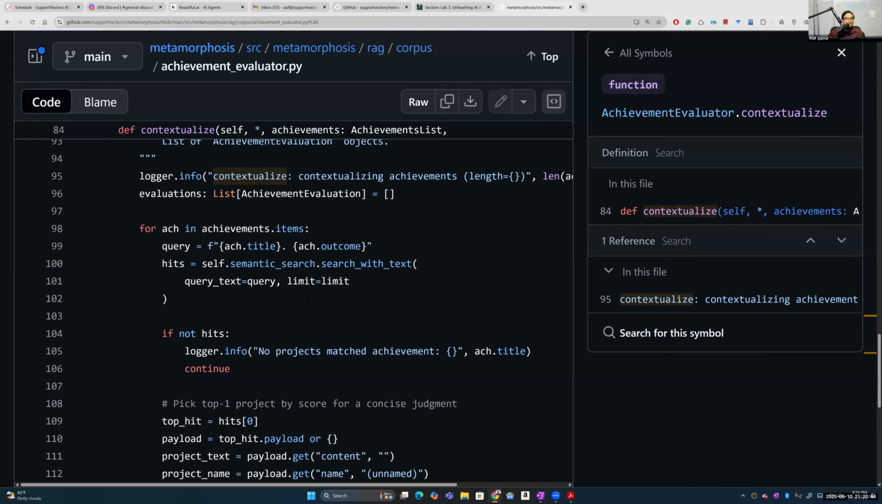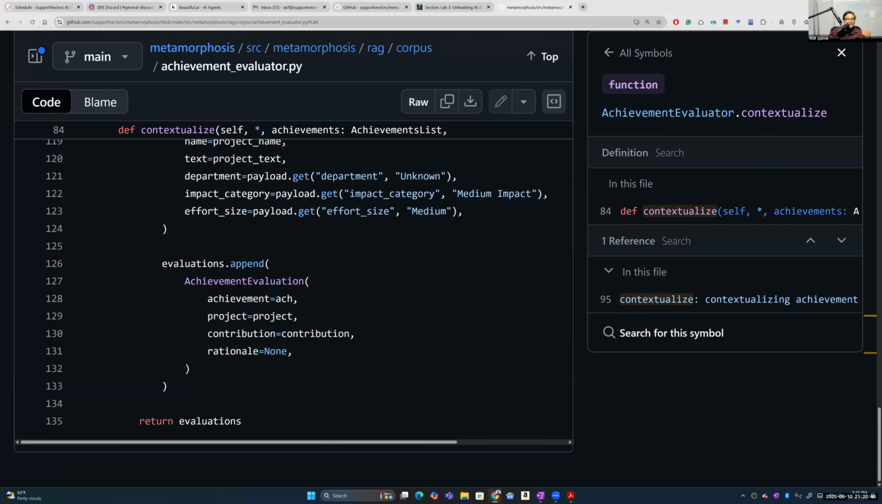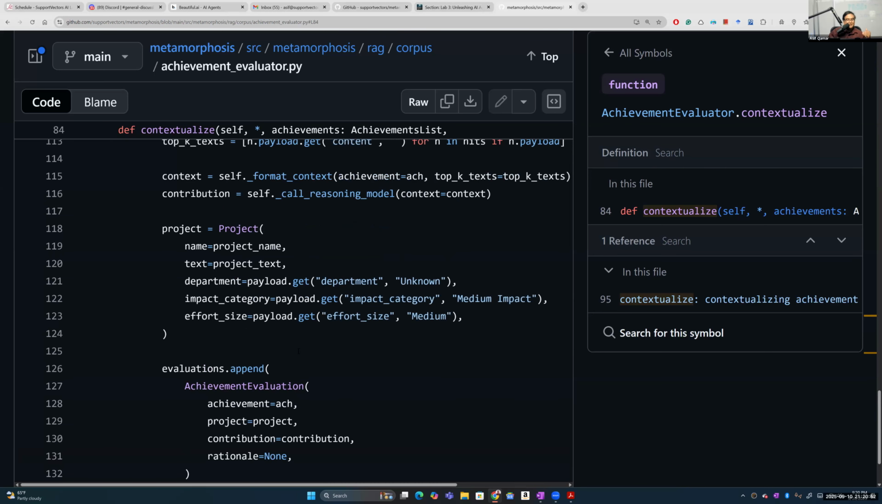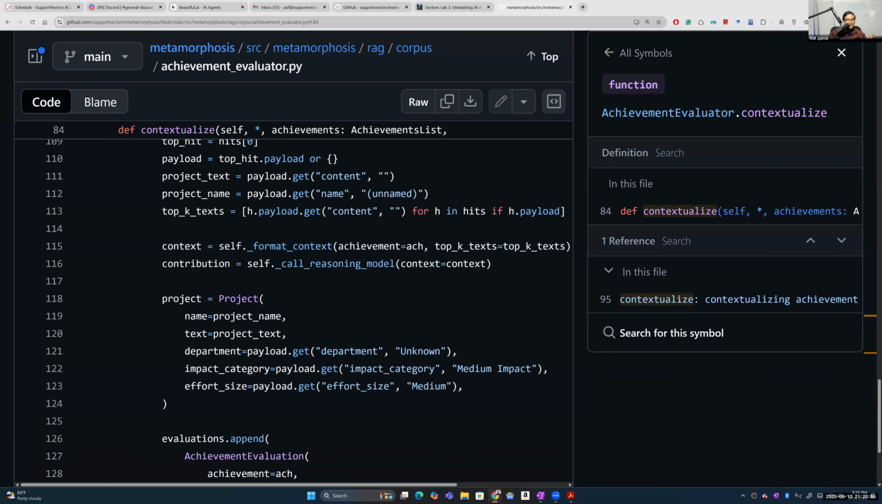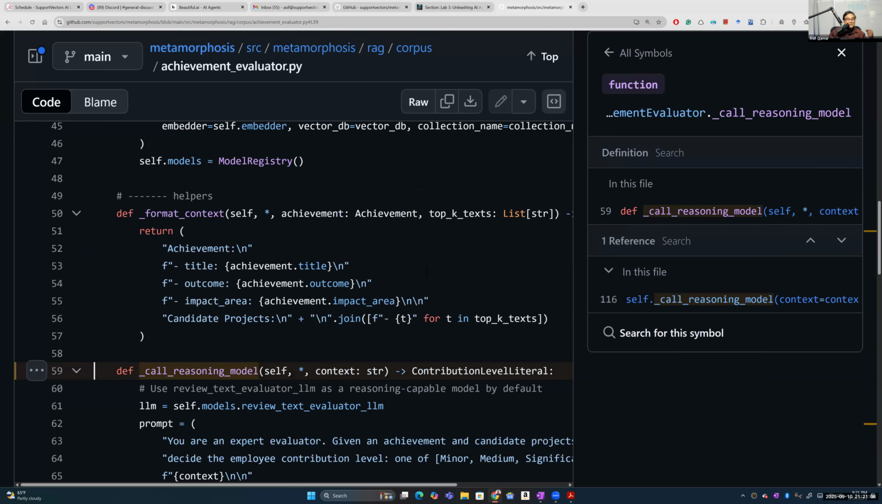Yeah. It's straightforward, right? You just take it, you evaluate it. The main thing is the achievement evaluation, right? That you come up with, and then you return. How did the evaluation come? Because you call the reasoning model on it. Remember, you need the big brains to do that, right? Call reasoning model. So if you go to that, let's go and see what is in the